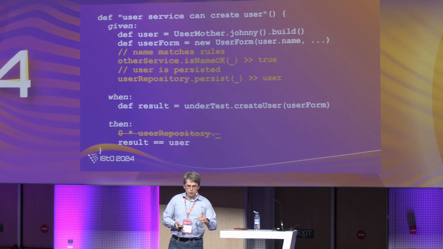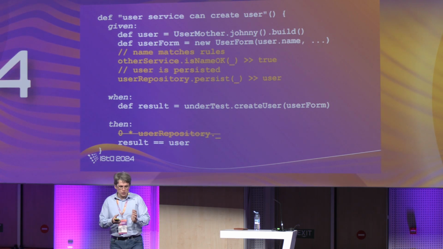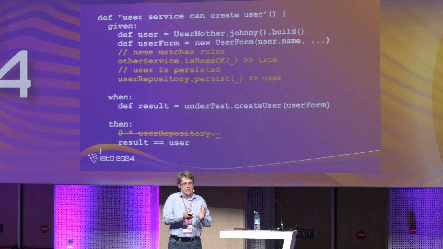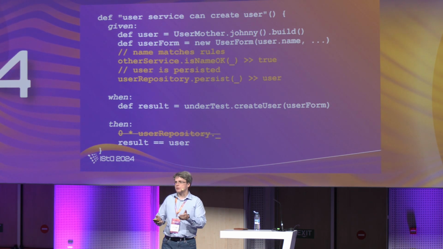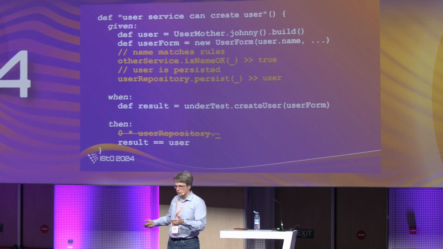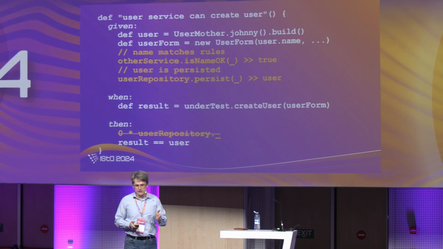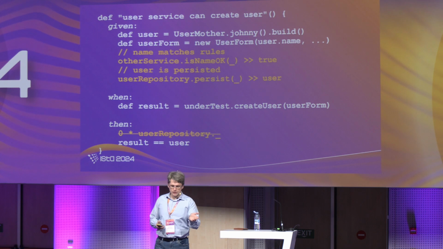And to improve it, what we can do in this situation is, again, focus on the initial mocks, which should work as minimally as possible. You need to provide only what is mandatory. In this case, we need to say, is name okay true? Because otherwise it will be false and we will not be able to cover our use case, the flow that we want to check. And you need to have the persist for it to work, but nothing besides that. No extra invocations of the